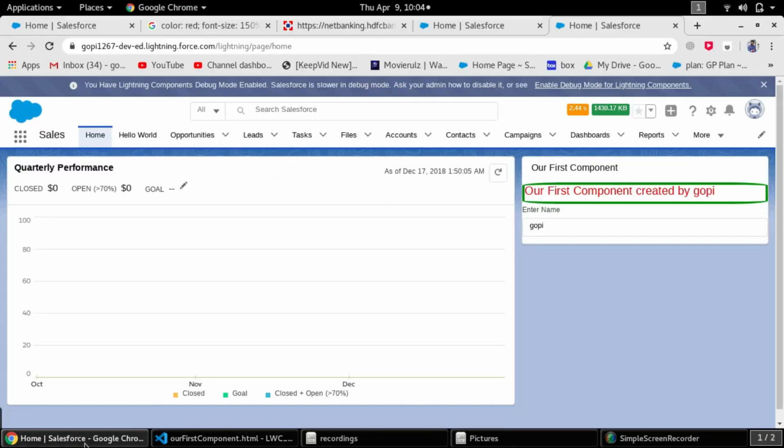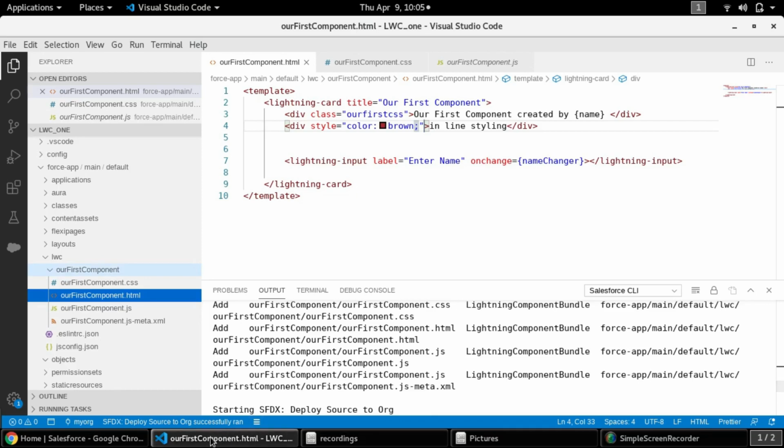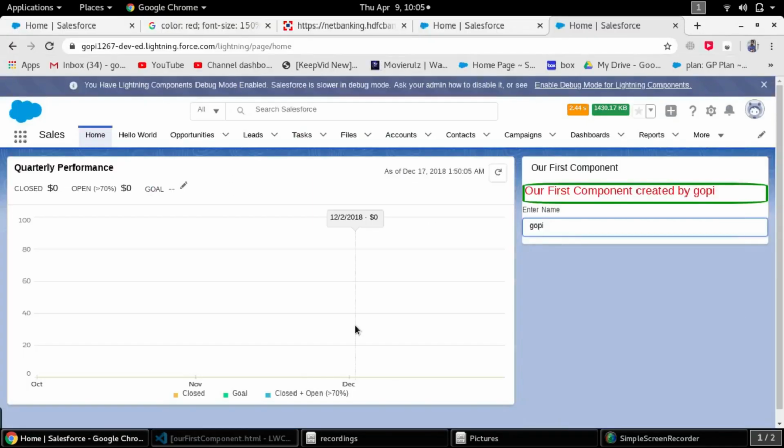What happens is there will be another component, a division added below our first component created by Gopi. I'm expecting it to be brown color. Let's wait until it deploys successfully. Let's reload or refresh our page.